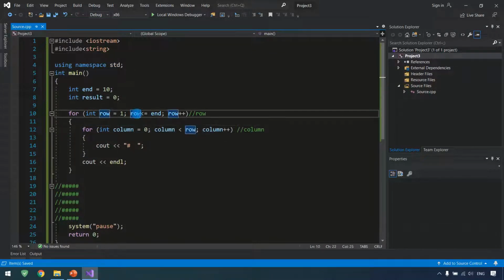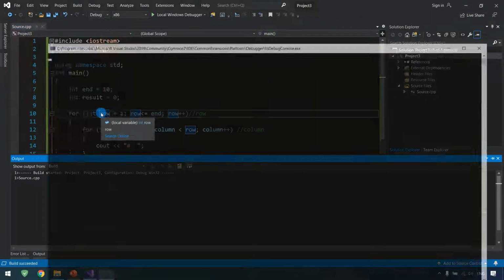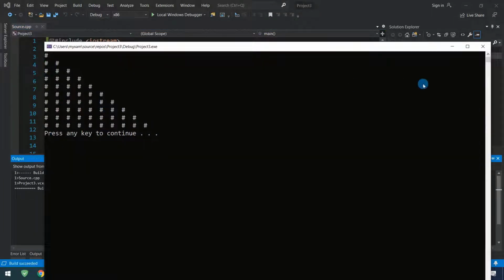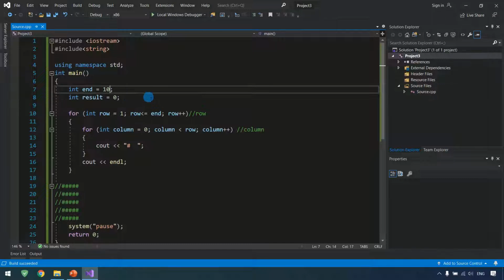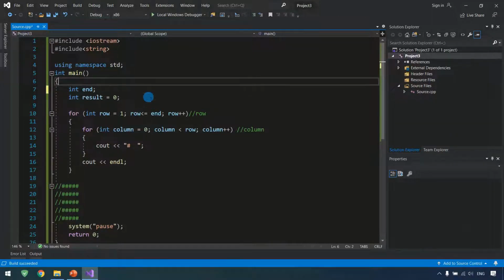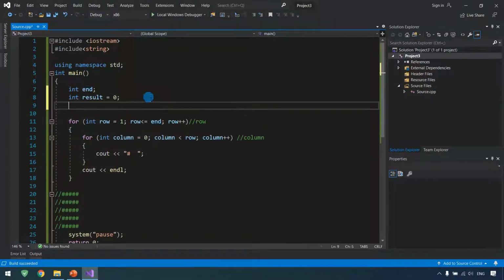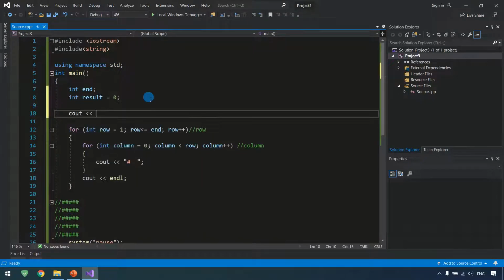I want the user to decide on the number of rows and the number of columns. I mean, on the number of blocks I have. Let's say right now I have 10 by 10. Okay, but I want the user to decide on it. So instead of writing 10, I will direct the user with cout and say please